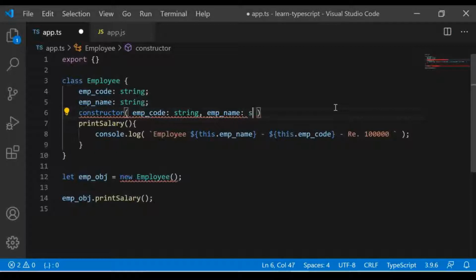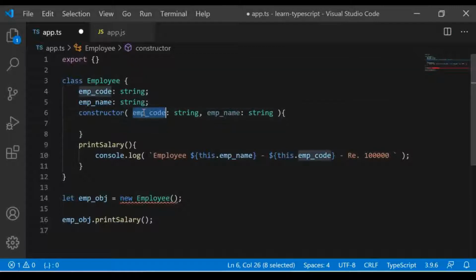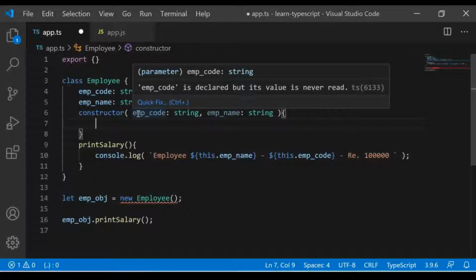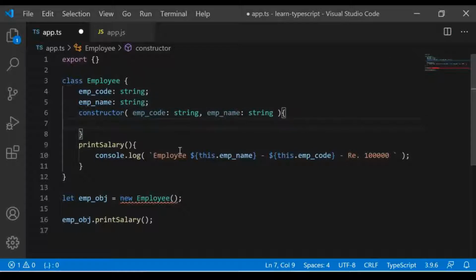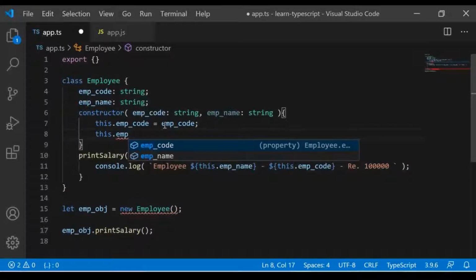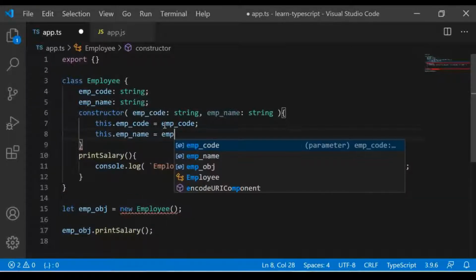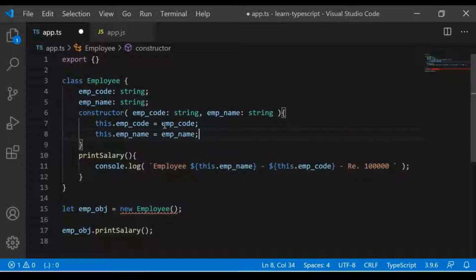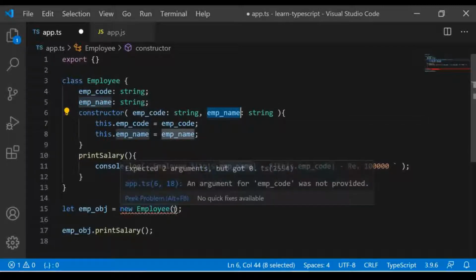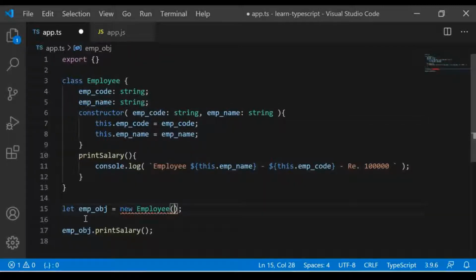And now you can set them in this way using the variable: this dot emp name equal to emp name. Now we need to pass the employee code and name. Whatever values we were explicitly assigning to them, we can provide them inside these arguments.